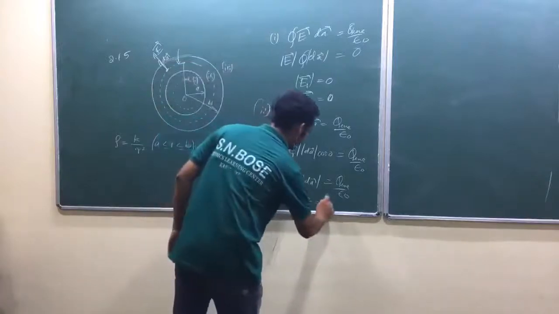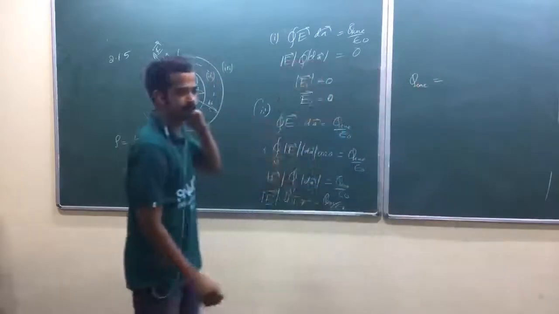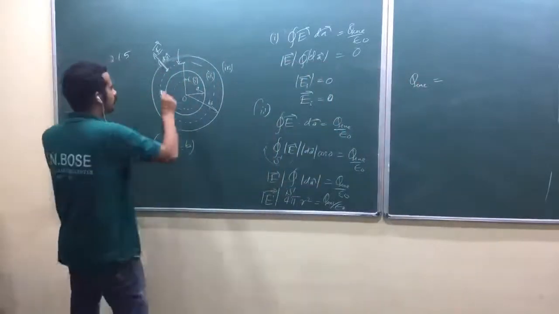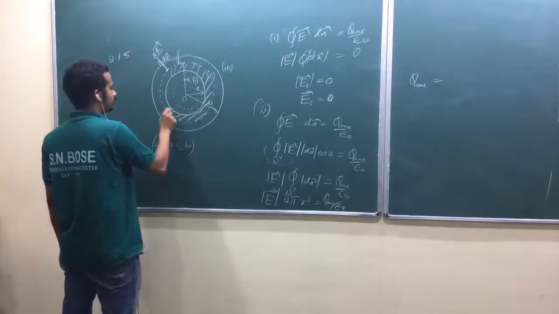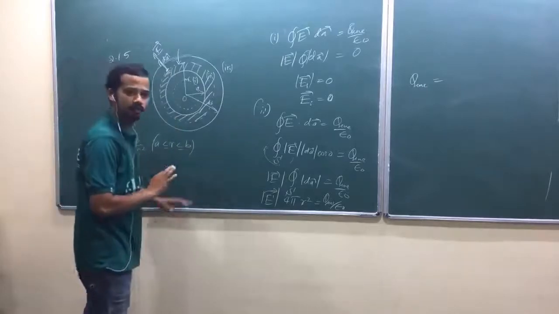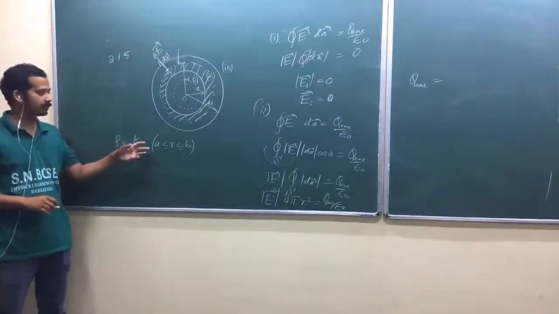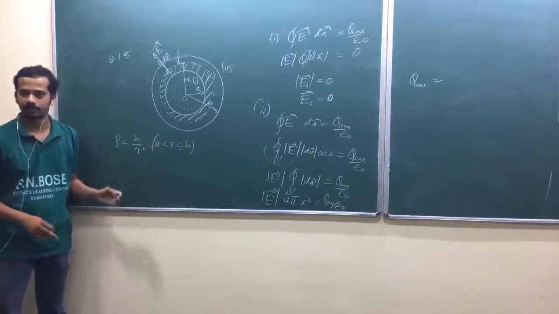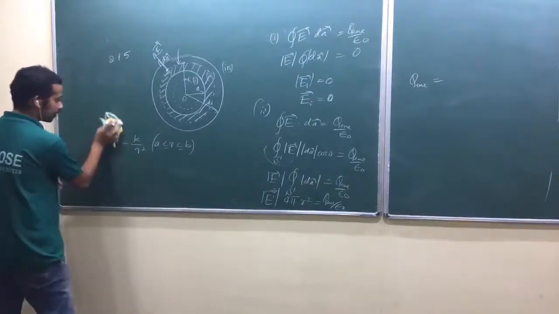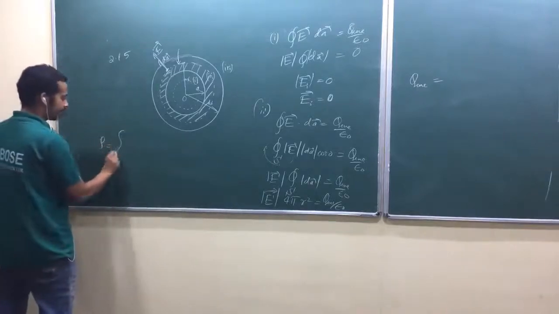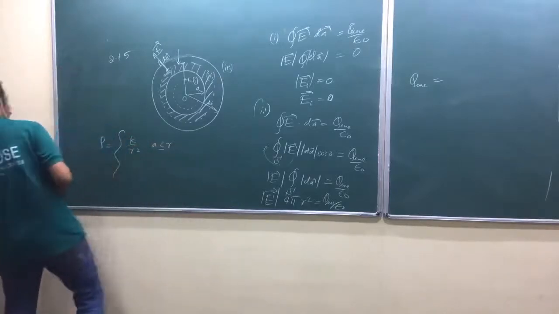So this is equal to Q enclosed by epsilon naught. What is Q enclosed? Now be careful. What is the charge enclosed? Only this region contains charges. Are you getting my point? Mark out that region and integrate only in that region, even though this function will not automatically become 0 outside it, remember. If you want to write the functionality, you have to write it like this: k by r square. R or r square? R square.